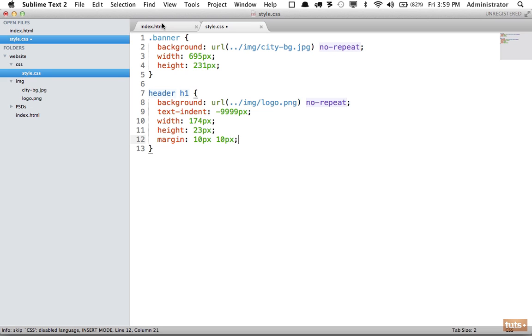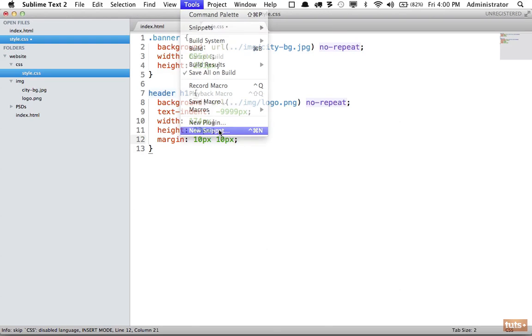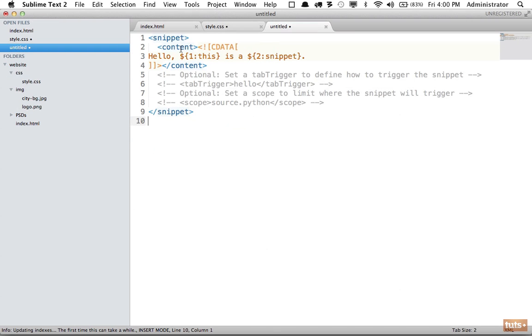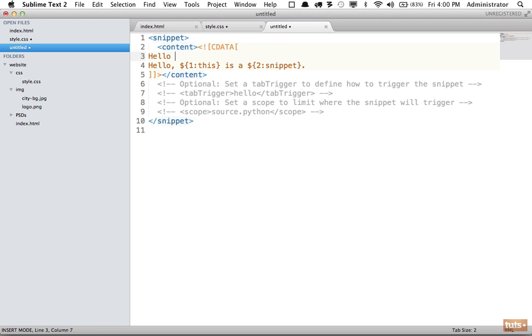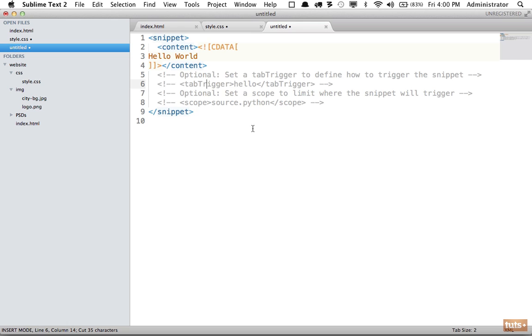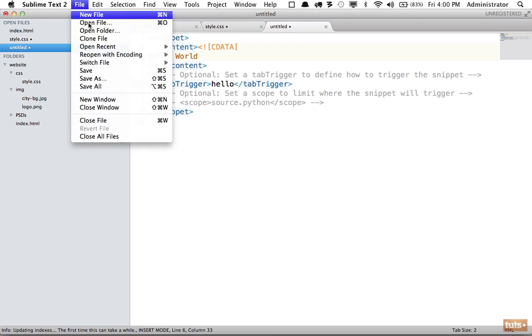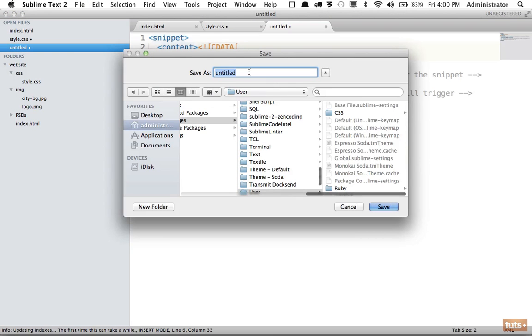If you're working with me in Sublime and you want to create your own, you can go to Tools, New Snippet, and right here, don't let this confuse you. All you need to do is specify your snippet. So if I want a Hello World snippet, I can type Hello World, and we'll leave this blank for now. And now if you want a tab trigger, I can press Command / in Sublime to remove that, or you can do it manually. And I'm going to keep that as hello, and we'll leave that like this for the time being. Next, I'm going to save it, and we're going to save it into our user